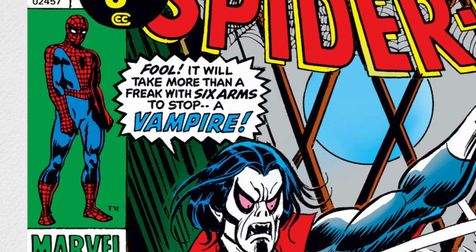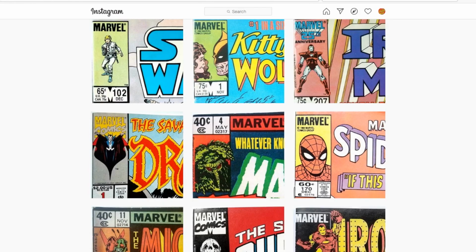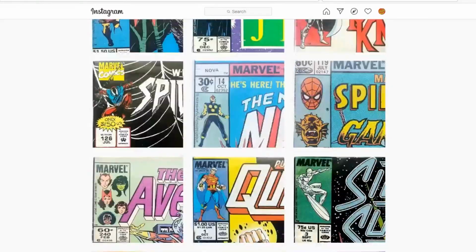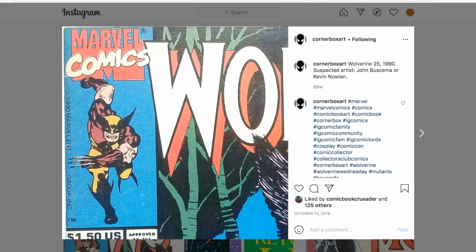I have always rather liked corner boxes, and there is an Instagram account that collects them, or at least they did that in the past, because whoever is running this account stopped publishing new posts. Yet we can see a lot of great comic corner boxes from the past, and I just want to show you a couple. They're great art, but we're not really sure all the time who made the art per se. So the guy or girl who had this Instagram account writes down who he suspects to be the artist. So in this Wolverine, it's either John Buscema or Kevin Nowlan. It's a great Wolverine though,